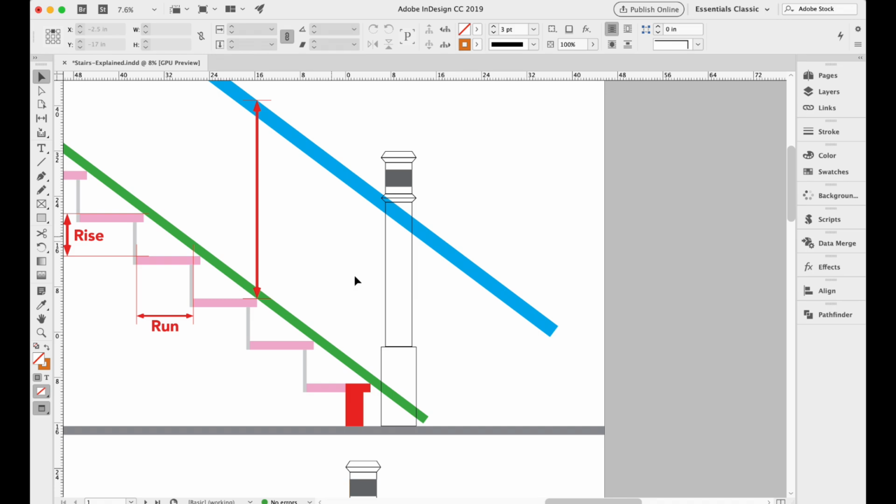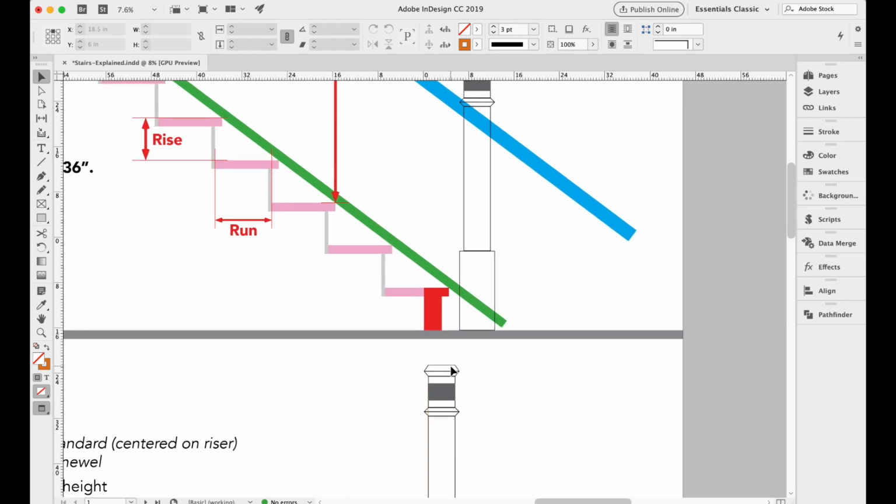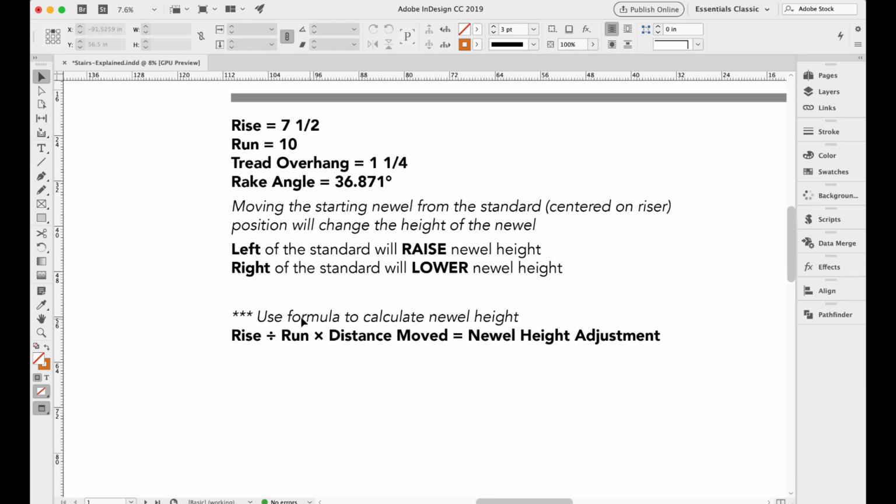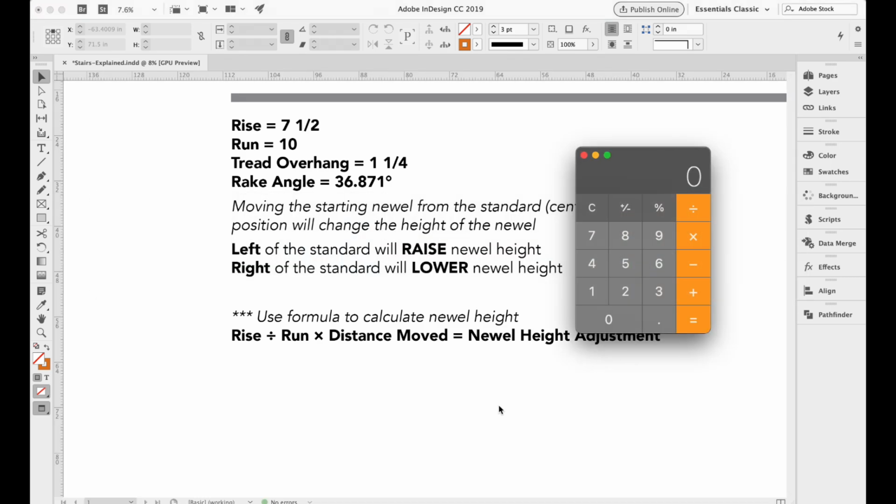So how do I do that? Well, I could lay my 8-foot level back up here, put it on the nose of the treads, and then just take a pencil and mark it. And that's actually how I did it because I started out with a non-standard position, but we're starting from the standard and figuring out what the new newel post height would be to the non-standard. So that's where we go down and we'll look at our math. So we're going to take the rise divided by the run times the distance moved equals the newel post height adjustment. So if we go back to the calculator,